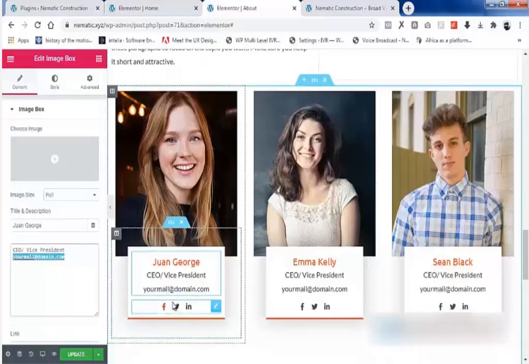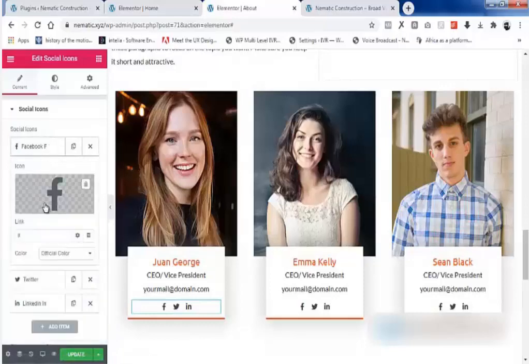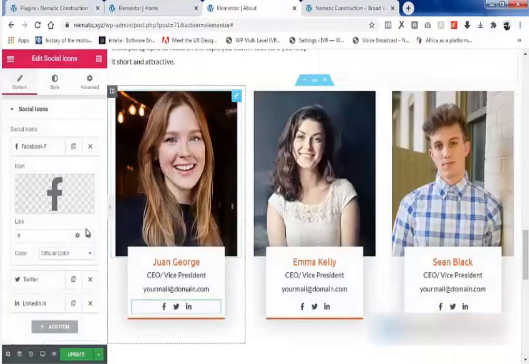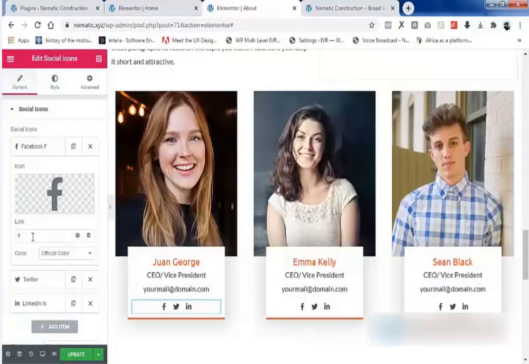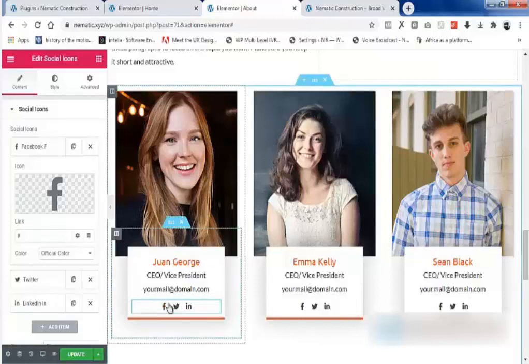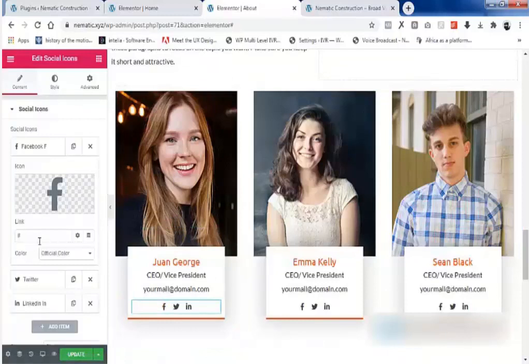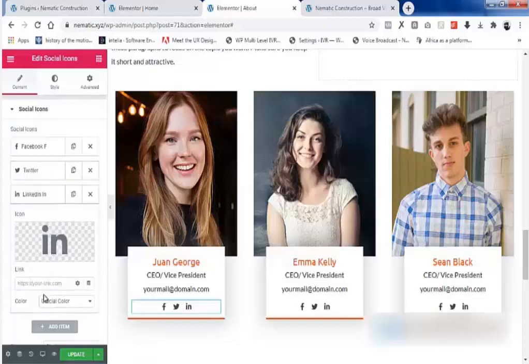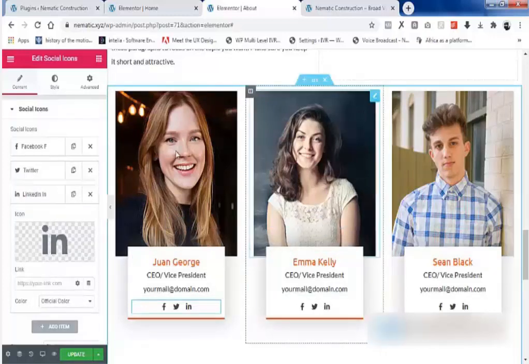So this is her socials. So if you click on her socials here, you can see we have the Facebook. So here you can actually change the icon if you don't want Facebook. If you want something else like Apple, so you can change it to whatever you want. So for the Facebook, you can paste her Facebook profile link or page link here, so that when visitors come to the website and click on this icon, they'll be directed to whatever link you post here. So you're going to do the same for the Twitter here and also for this also. So that's for that. So we've successfully changed the picture.